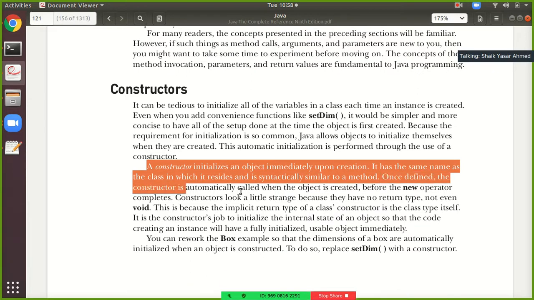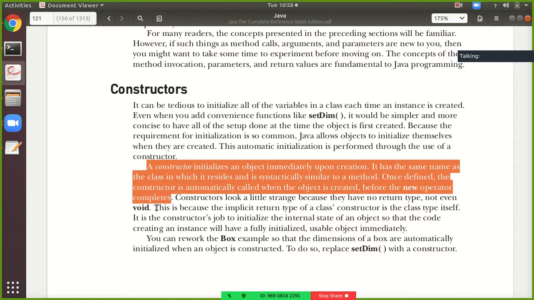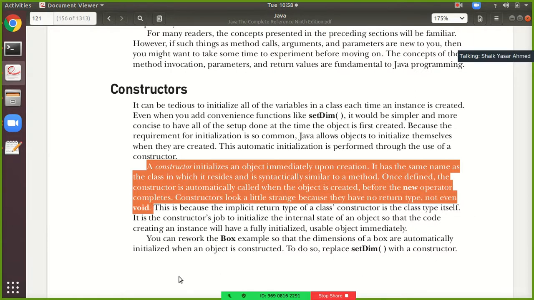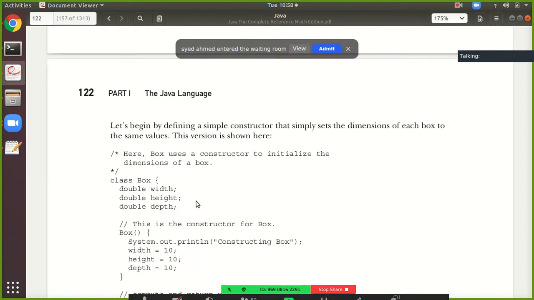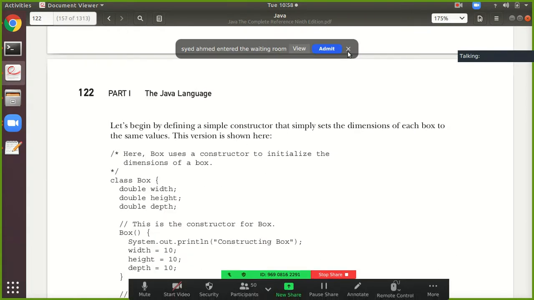Once defined, the constructor is automatically called when the object is created, before the new operator completes. And constructors look a little strange because they have no return type, not even void. I hope you all have understood this.